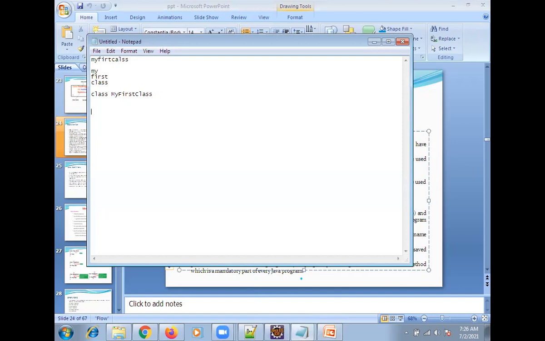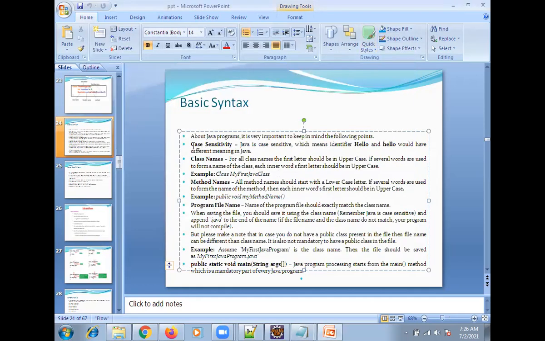Coming to the method, say you want to define myFirstMethod. The method name always starts with a lower letter, and the next word always starts with caps. The difference between class and method is that the class starting letter is always caps, but the method starting letter is always small. Whatever the second or third word is, its first letter is also caps. Clear about class and method writing, right?